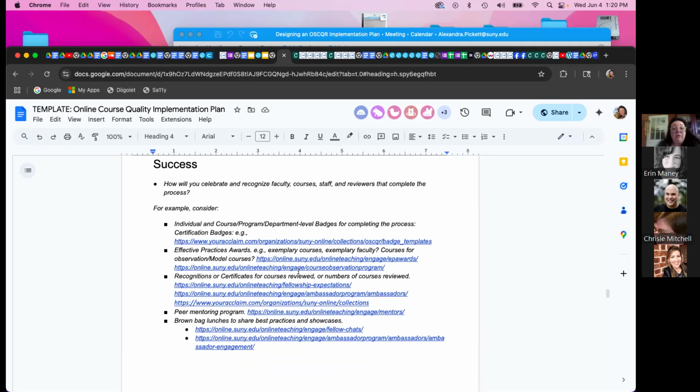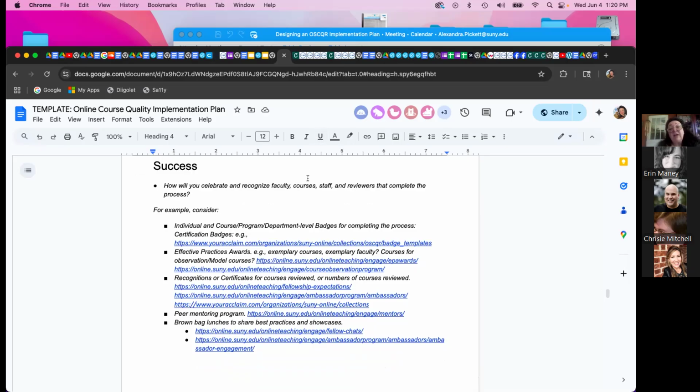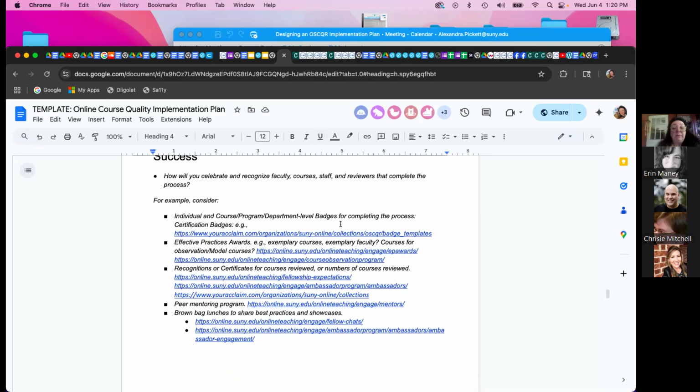And then how are you going to measure and celebrate and recognize success? This is an important one, I think, because a larger scale initiative around these things really needs some kind of recognition and demonstration that the effort is appreciated and valued, especially if you're in a context where faculty can't be compensated in a real, tangible way. Maybe there's extra service, or maybe there is the opportunity to reduce load, or maybe it's just volunteer. So how are you going to recognize those efforts